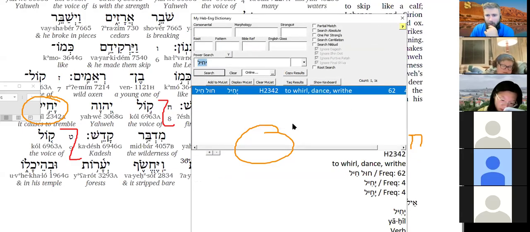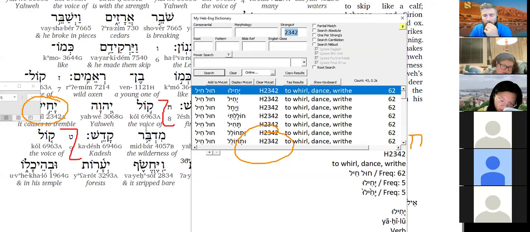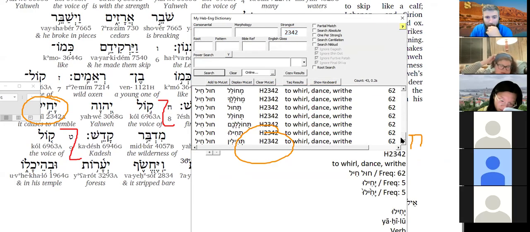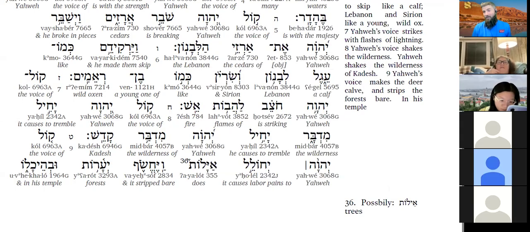So let's look up 2342. Is that right? 2342. Shows up 62 times in the Bible. Okay, that's pretty good. So it does show up in the polel, tahul, cholel. It's what Boaz did when he was startled in the night when Ruth was at his feet. I think it's the same word. You can check it if you want. Well, I don't have time to check it now, but